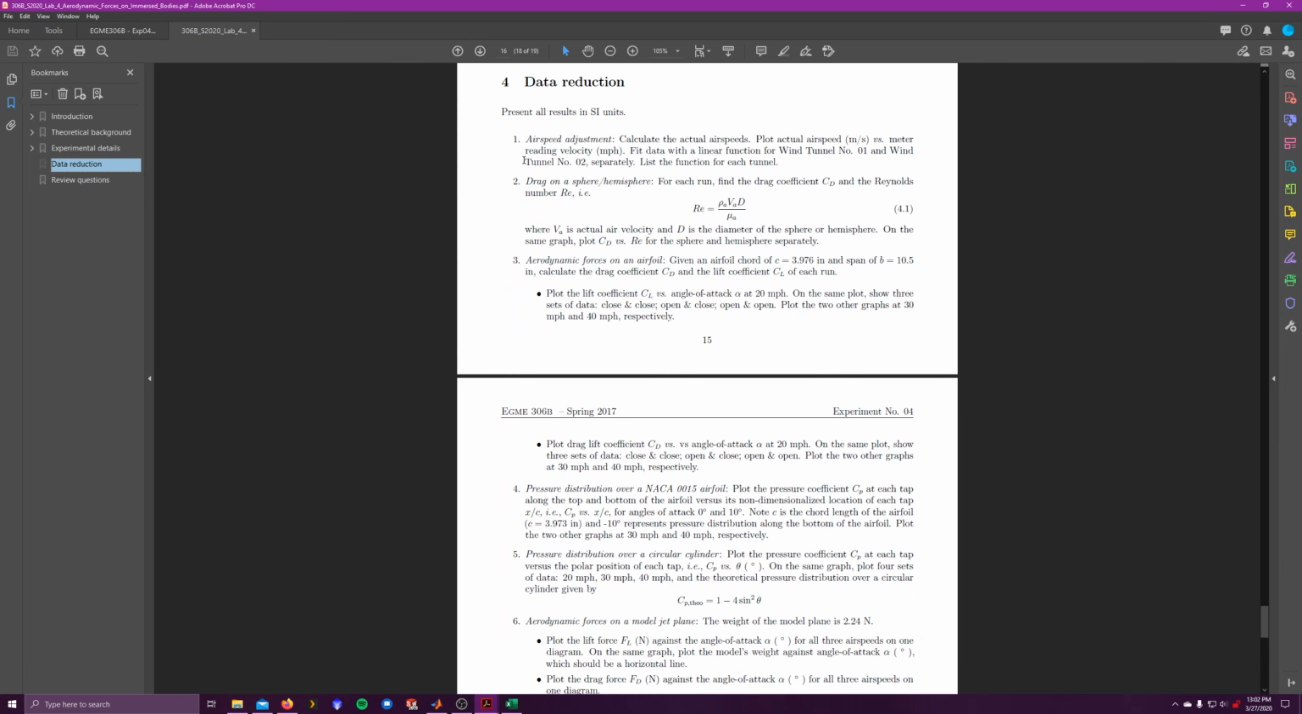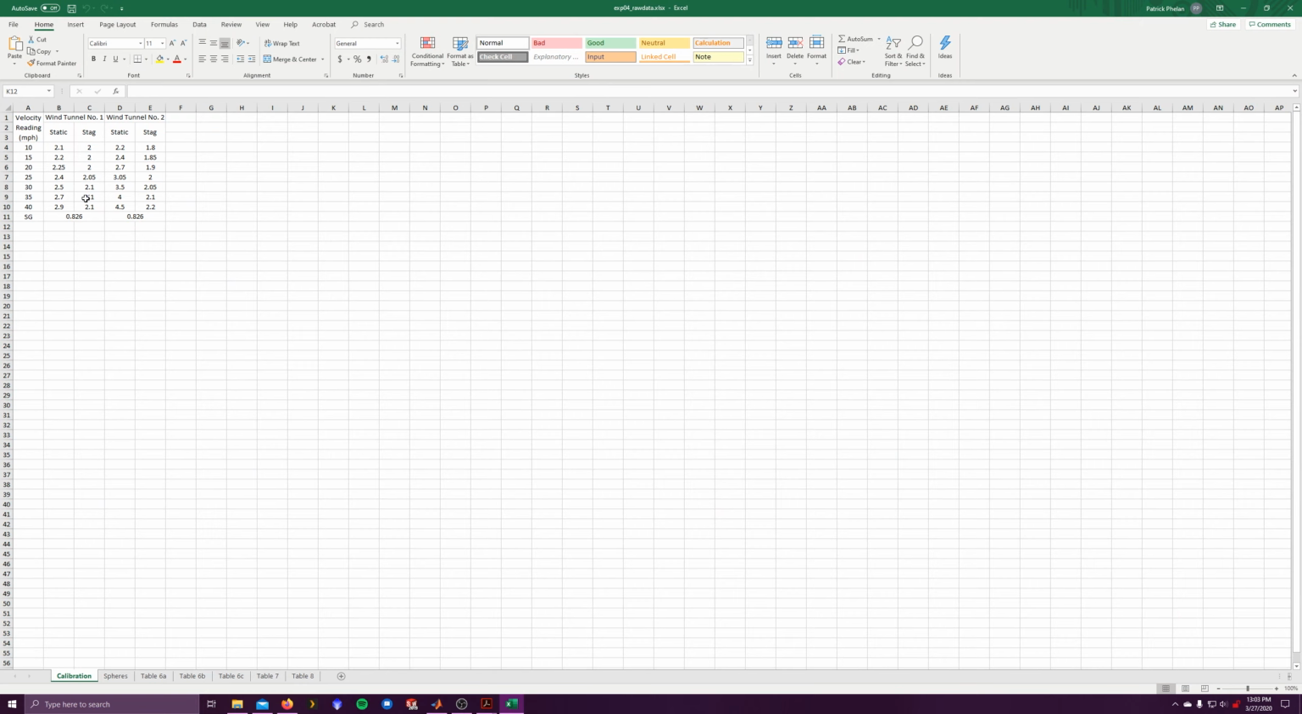The first thing we have to do is calculate the actual airspeed for this lab. So we're going to convert that to meters per second, and then we're going to graph that against the reading that we have from the lab directly, which is in miles per hour. Just like in lab 3, where we were adjusting the flow rate with the rotameter, but had to measure the actual flow rate using our graduated cylinder and the time it took to fill it. In this case, we're going to go to Excel, and we're going to have some manometer readings for the static pressure and the stagnation pressure,